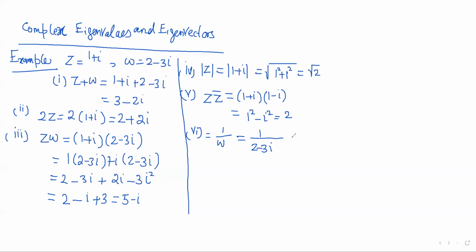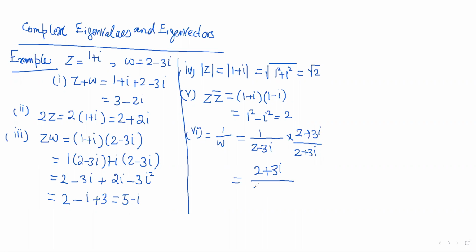For this, we multiply by the conjugate of the denominator and divide by the same number. So we get 2 plus 3 iota, and in the denominator we get 2 square minus